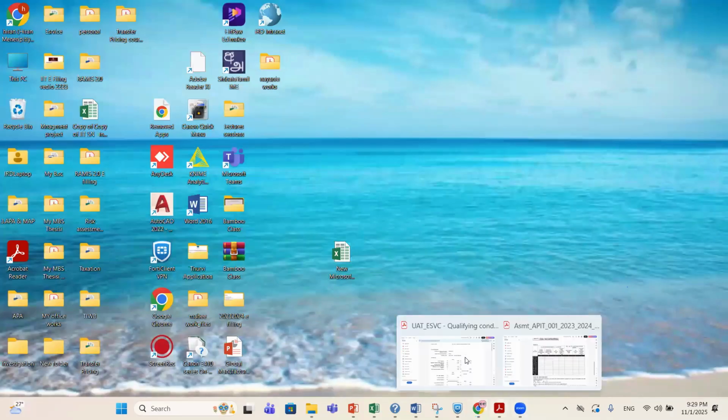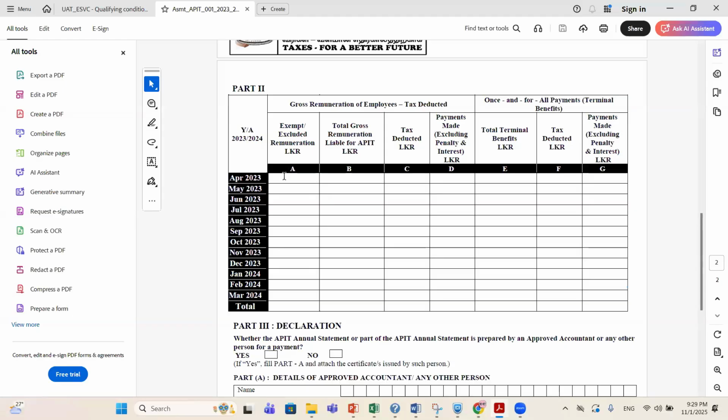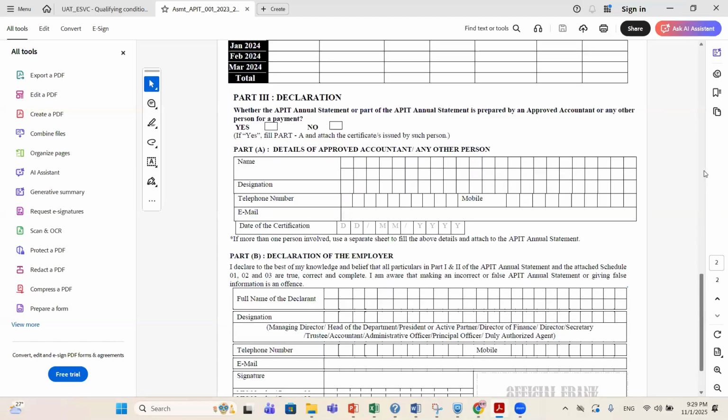allowance amount, right? So again, we were here. Now, in the hands of government sector employees, it is clear that out of the total fuel allowance and the vehicle allowance, 75% will be exempted, right? So that amount has to be declared under this column, and this is the place where you need to enter the gross monthly remuneration paid to the employees who are liable for the tax, and the amount of tax deducted, right? So these details you have to enter, and the final part is the declaration.